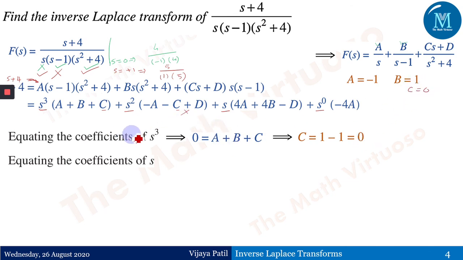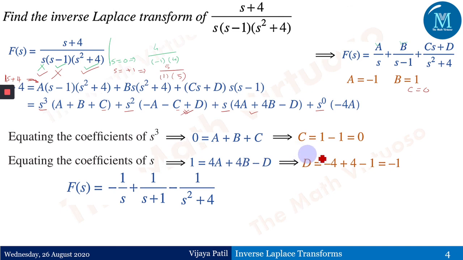Now I've got c, I need to calculate d. I have two ways now. First, I can go for this, and I can go for this also, because a and b are known and d is unknown; a and c are known and d is unknown. I can go by any method. For this particular example, I'm going ahead with the coefficient of s. The coefficient of s on the LHS is equal to 1, because it's s plus 4. Therefore 1 equals 4a plus 4b minus d, and therefore d equals minus 1.